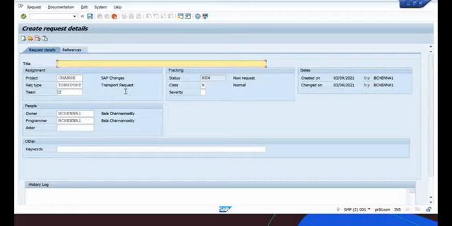We need to enter some mandatory details like title. You can give anything. Item is the functional domain name, based on which functional domain that object is related to.